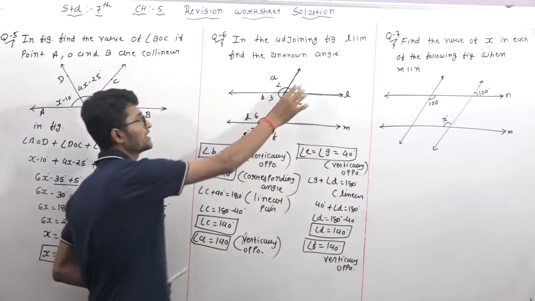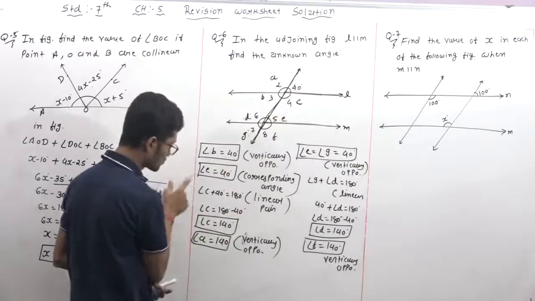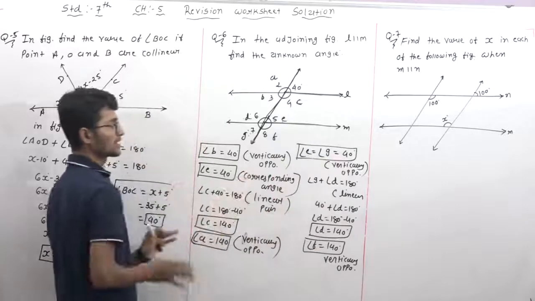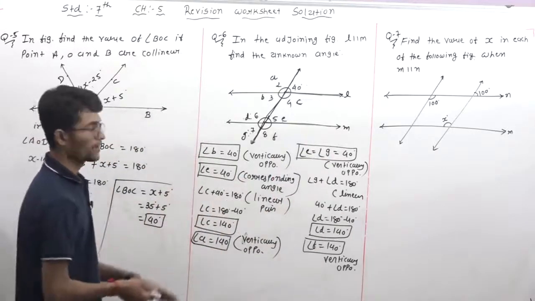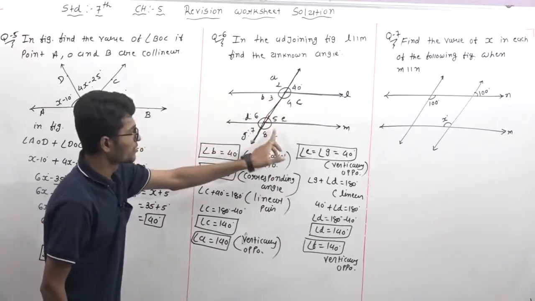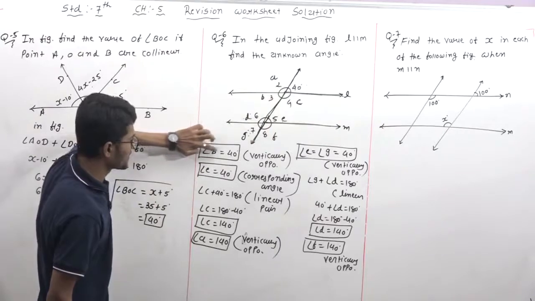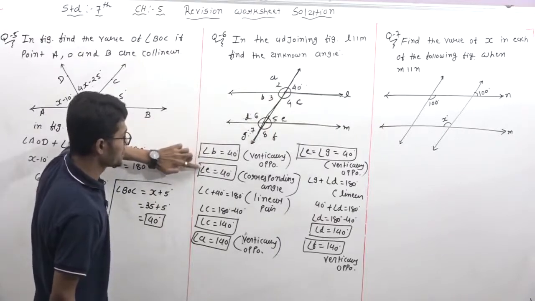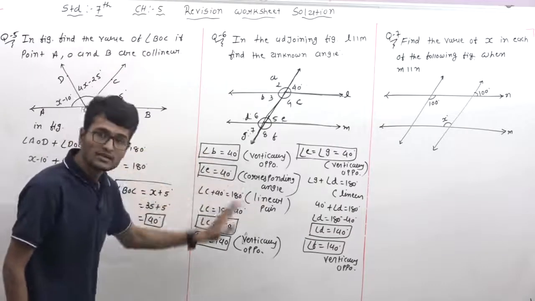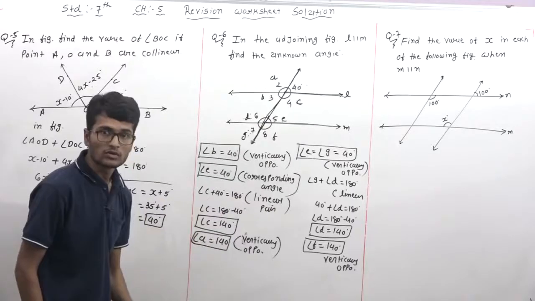Now one angle is given and we have to find 1, 2, 3, 4, 5, 6 and 7. Let's check. So this is the way we find all the angles. I have to collect here A, B and C. B means the third angle, so angle 3 is equal to 40. E means the fifth angle, so angle 5 is equal to 40. Write it this way, or write 1, 2, 3 or 4.